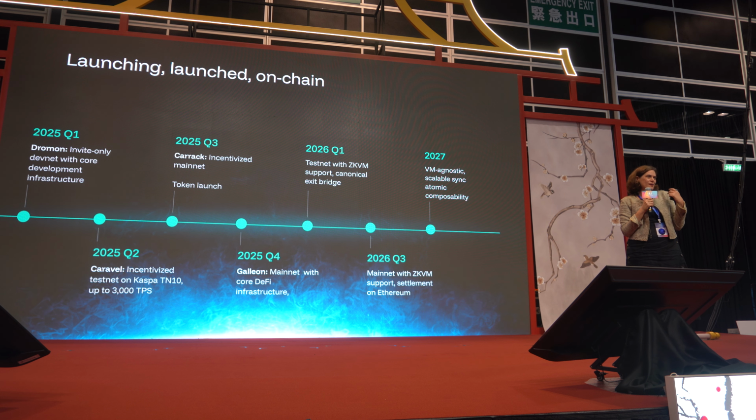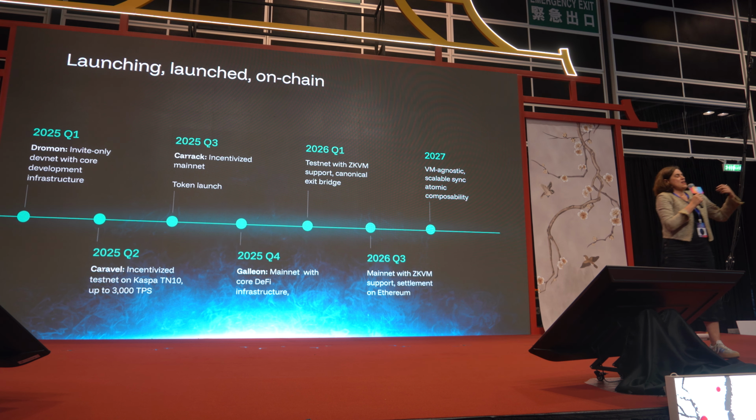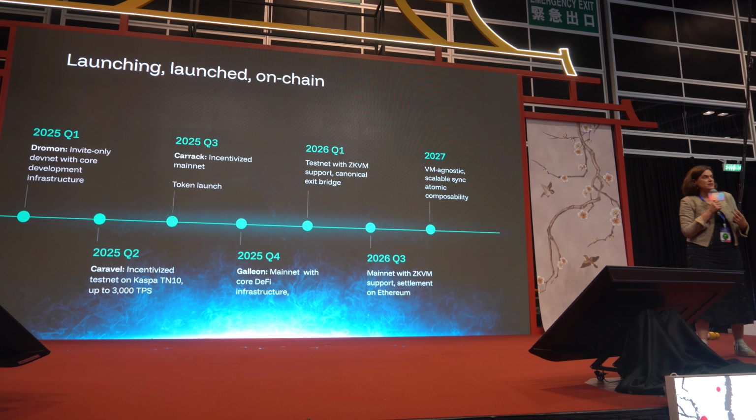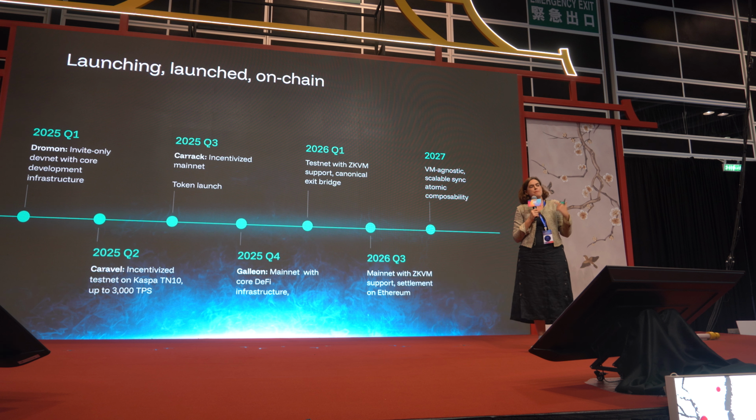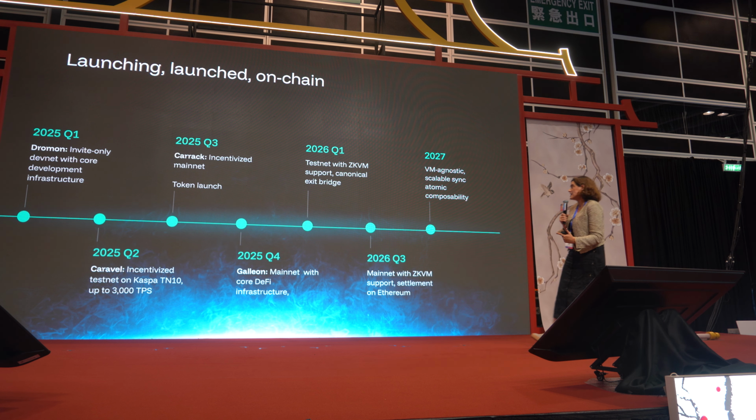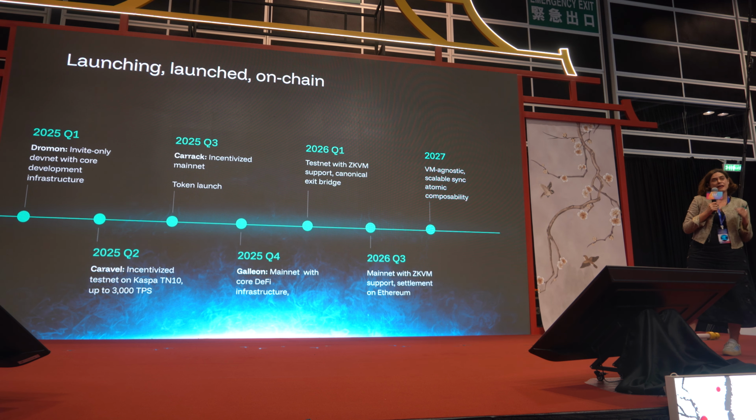And our goal, when we're building this, we want to be first to market. We want to be able to offer builders the possibility to start building, launching, and experimenting within Igra. So our first priority is building. Then, when we're going to have ZKVM, we're going to be able to have a phase 2 of a ZK-based rollup on top of Caspa. We expect that to happen by Q4, launched in Q1 of 26.